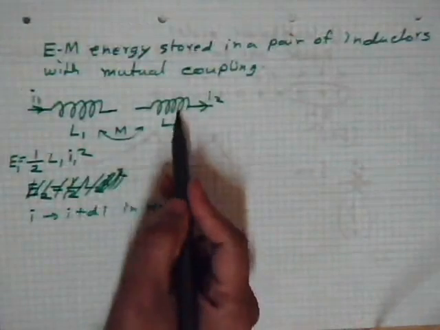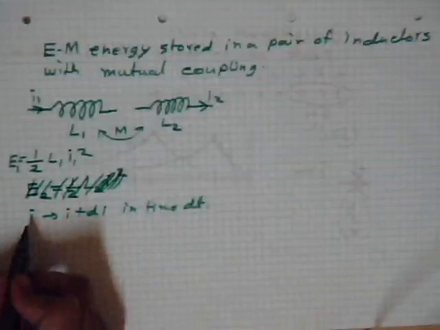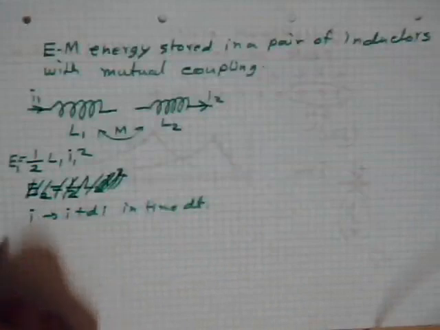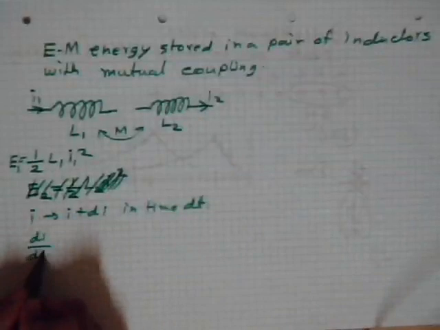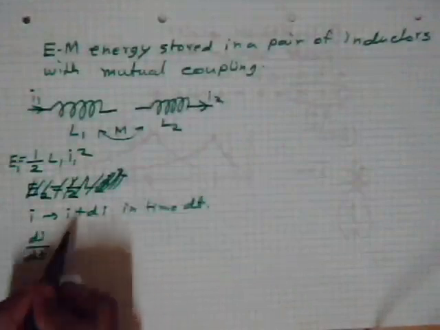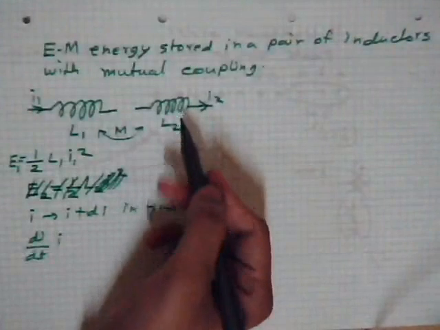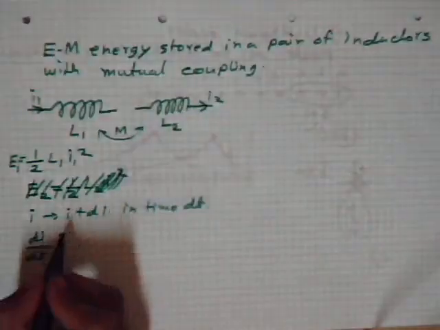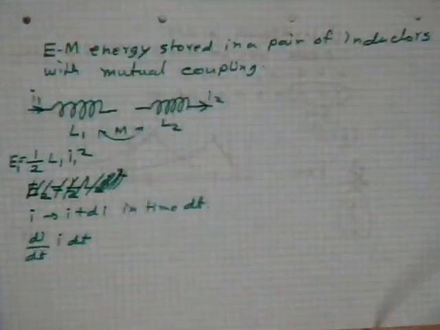Therefore, the voltage generated in the second coil, which opposes this increment, is L dI/dt, and this times the current I is the power consumed in the second coil, multiplied by time is the energy consumed in the second coil,